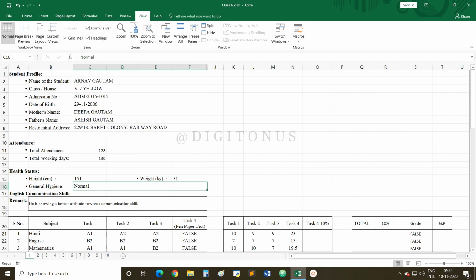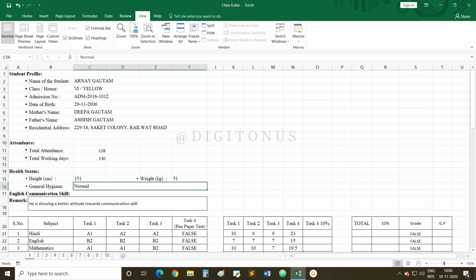Students, in today's video, we are going to learn how to create and use macros in Excel or in spreadsheet advanced. This video is going to be for class 10th students, those who have opted for Information Technology IT 402 as an additional subject. So let's start today's video. The topic for today's video is how to create and use macros in Excel.